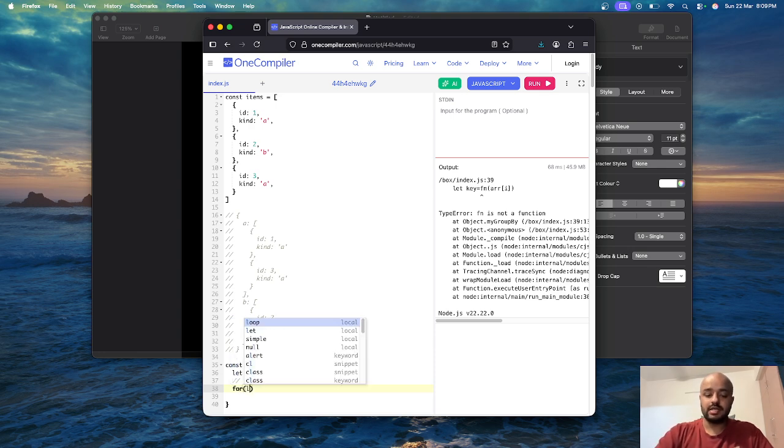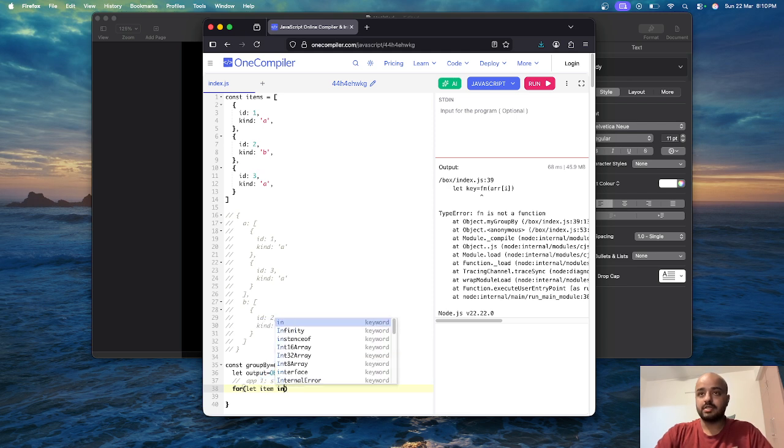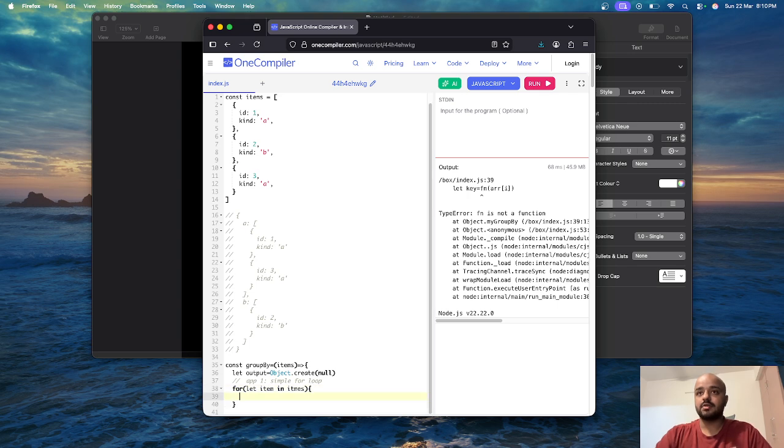For let item in items, what we can do is first take the key out of the item. Const key is equal to item.kind, right? Now if our output does not have this key,